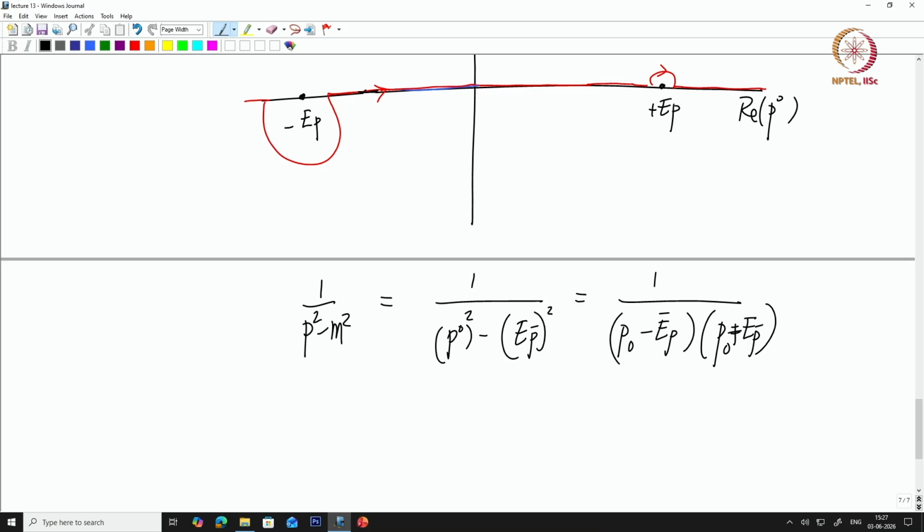So, the residue at the pole at P0 is equal to plus minus 1 by 2 EP. Now, this depends on whether we want to pick up the plus or the minus. If you are picking up plus EP bar, the residue is plus EP. If you are picking up the minus EP pole, it becomes minus EP essentially. So, when we close the contour,